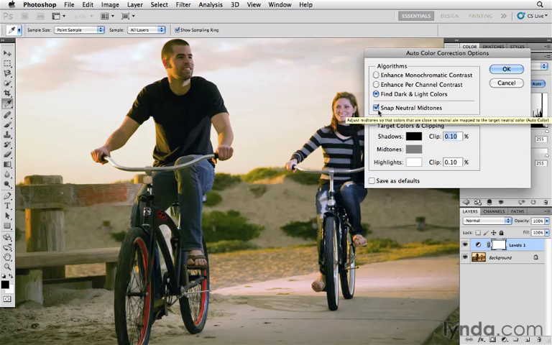So I usually typically leave that on, and then I click between these 3 to see which one looks best. And for this particular image, find dark and light colors and snap neutral midtones is giving me the best result. If I want, I can even save these choices as my new default. So when I click that auto button in the adjustment layer panel, these are the choices it's going to use